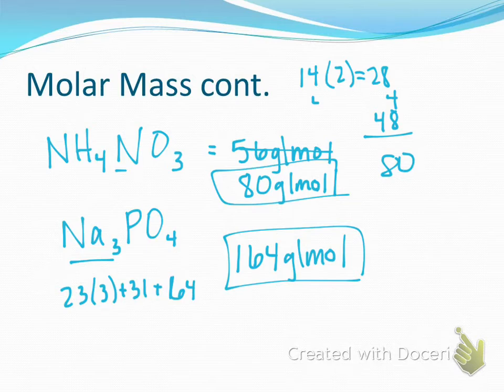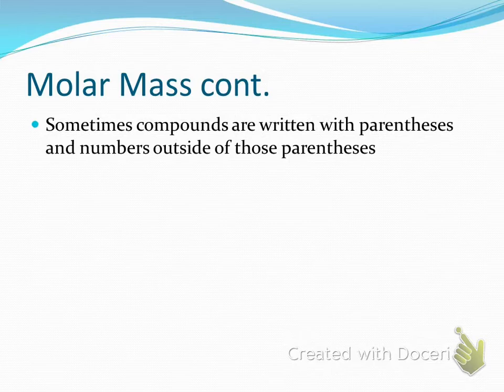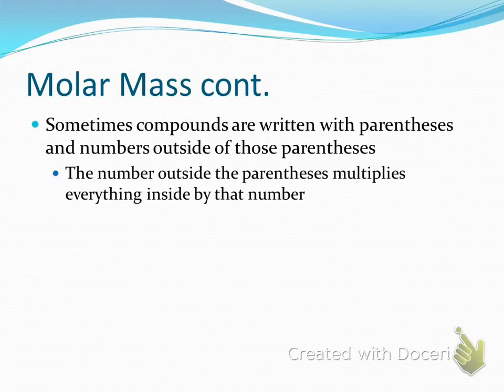All right, now we're going to add one other step to this. If we have compounds with parentheses that include numbers outside those, it looks something like this: Fe2(SO4)3. Okay? So if we have compounds with parentheses and numbers outside,